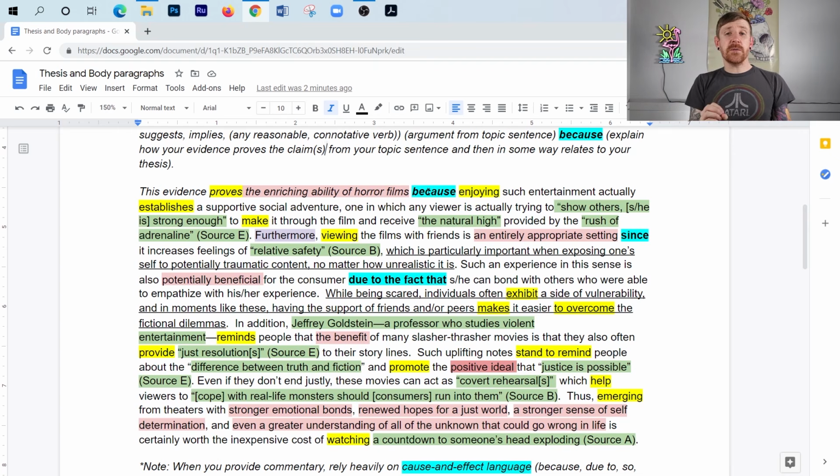Another part of commentary, though, is also really trying to rely on strong verbs and stereotypes and word connotations. You need to articulate those. And one of the things that you'll notice is that I've got these yellow words here. These are the verbs that I'm picking. I'm not just saying says and claims and states. Those are garbage verbs. We don't want that. We want strong verbs. And so because of that, if you look at my yellow words here, you're going to notice that they're connotatively meaningful. And we want that, okay?